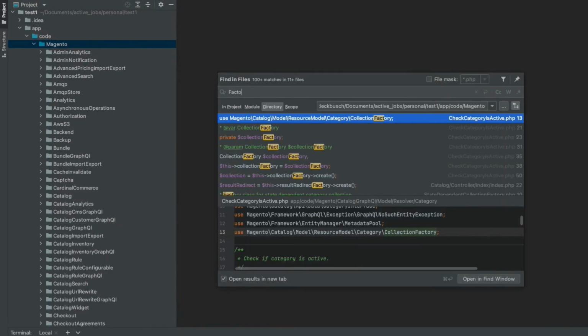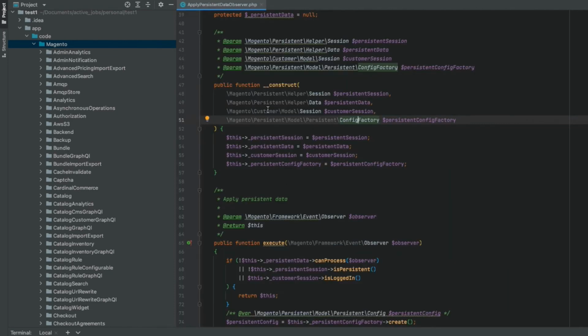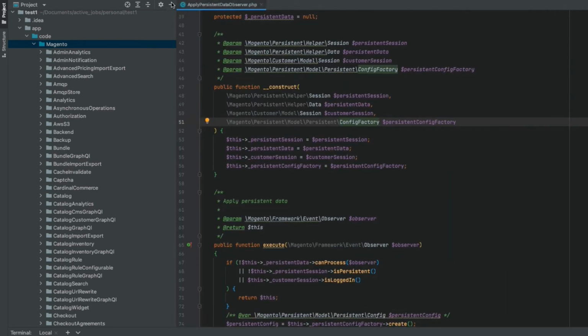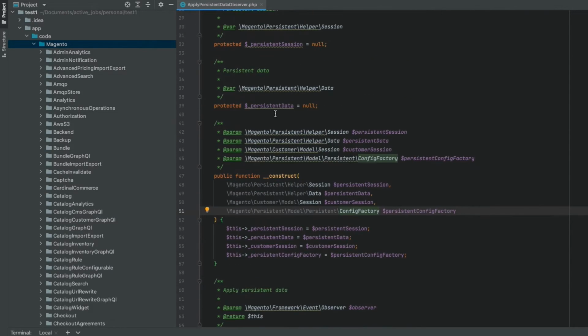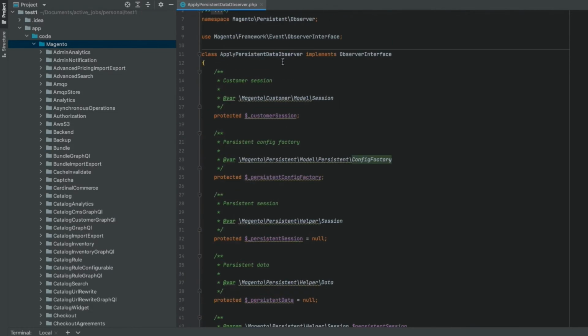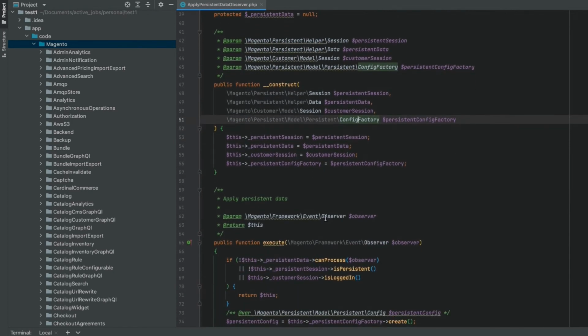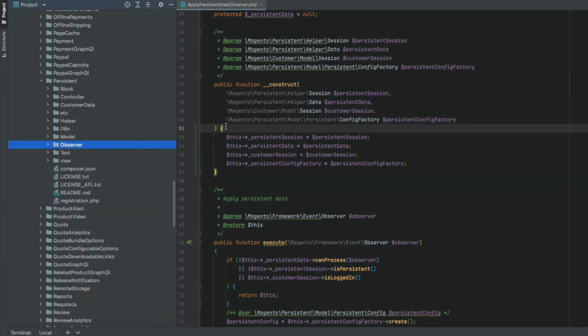Let's search for the word factory. Okay, so here we have an example. Apply persistent data observer. Just got any random file here. It's an observer, so it's an event, but it doesn't matter. This class itself is being created by the object manager of Magento. And this class itself, the Magento persistent module, persistent config exists. Let's see if we find it. Persistent